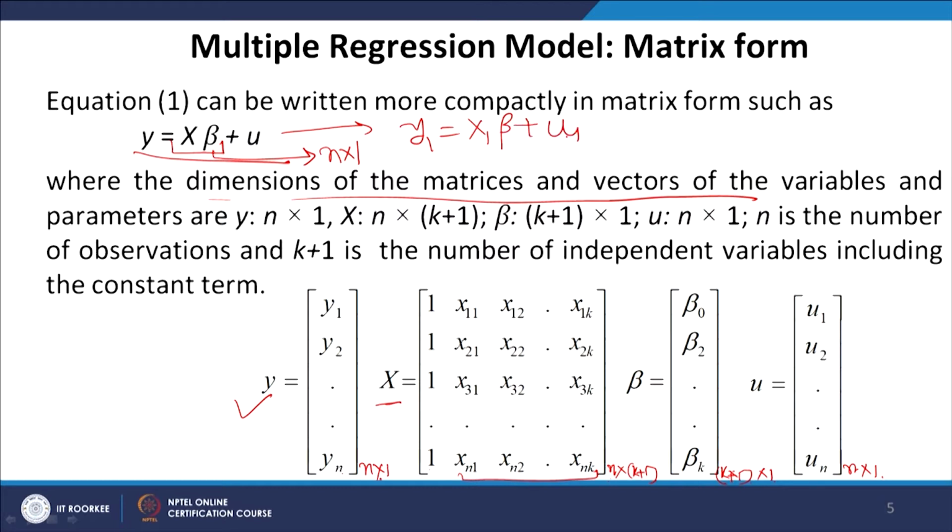right. So, this x1 actually corresponds to the observations on k independent variables related to the first unit, that is, this is the first observation or first entity from which we are collecting data, and this actually corresponds to the observations from the first entity on k variables. And then we have of course the k parameters in the population, and there will be one error term u1, and similarly we can have y i equals x i beta plus u i and so on.